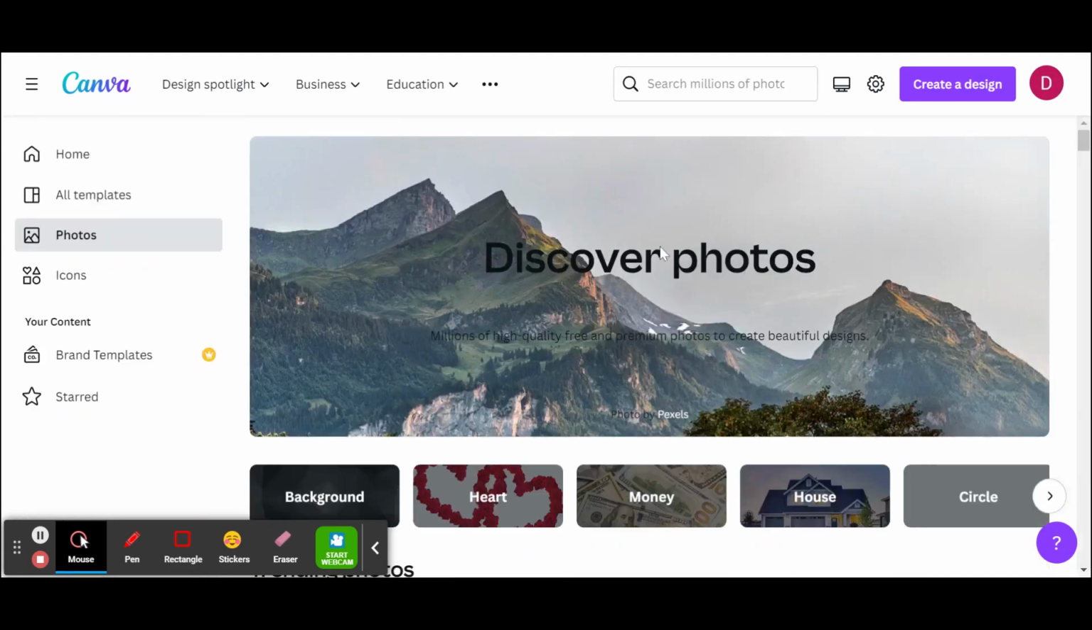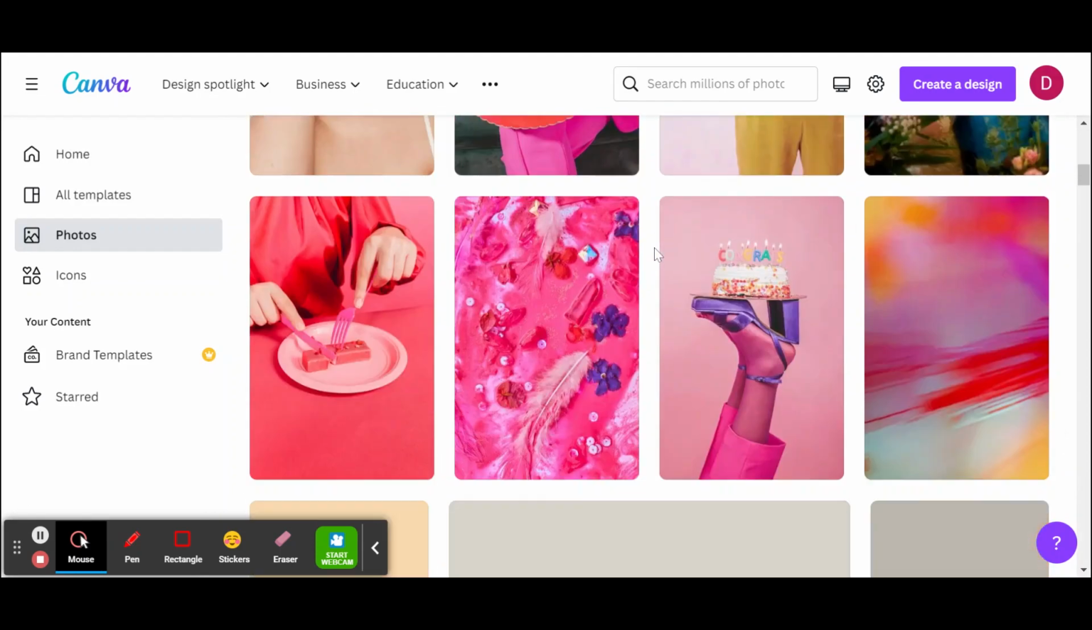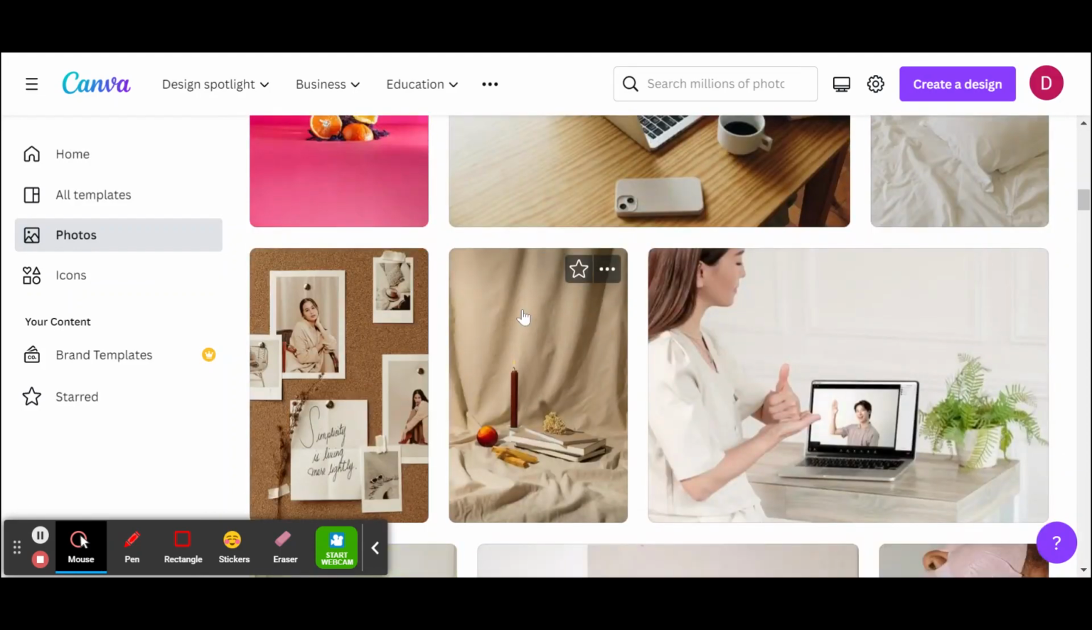Photos. All right. So we have a lot of stock photos, but of course there's still a lot of free websites where they provide thousands and thousands of stock photos. Now, this is it. But if you want to start designing,